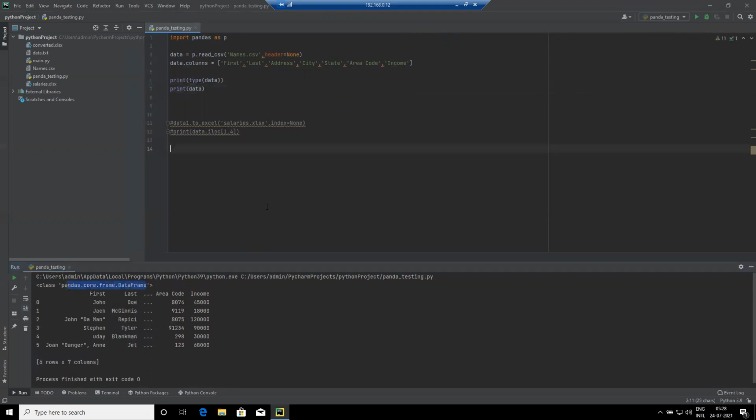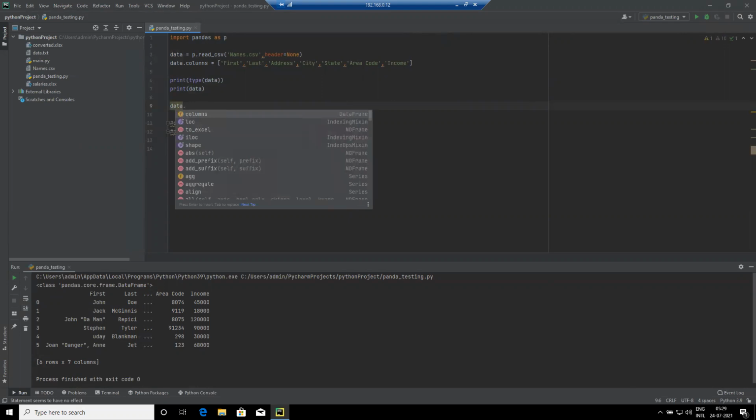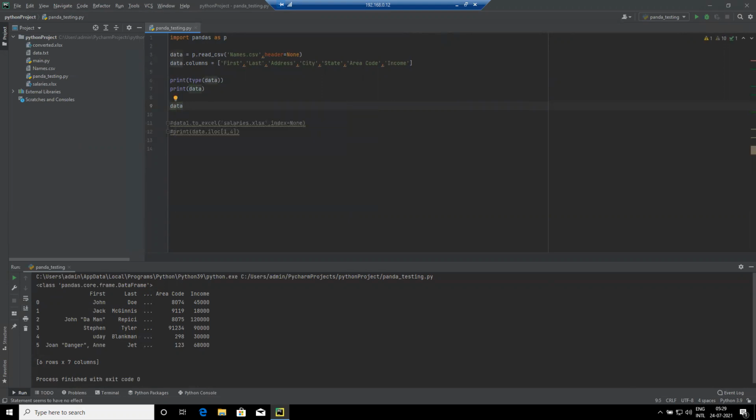Pandas data frame. In the data frame object, you can go and check the members of this data class. You understand? So in this data frame class, when you press dot, you will get the members of that. Understood? So to this particular variable, I'm adding one more column to it. Let's keep tax or tax percentage.